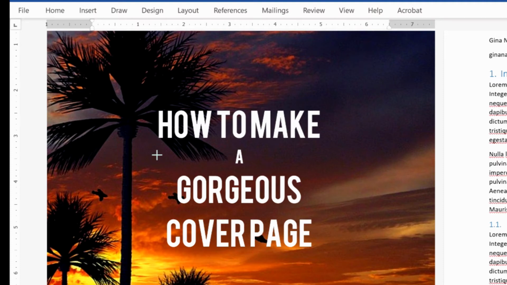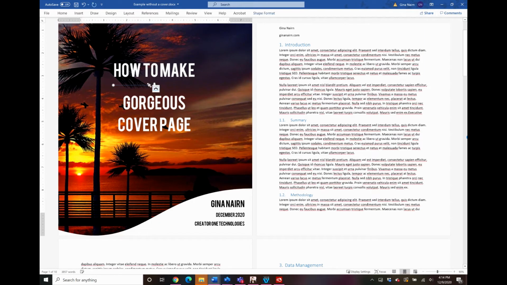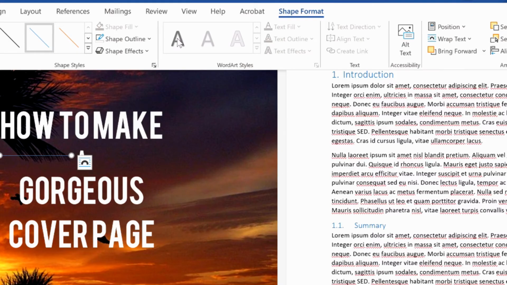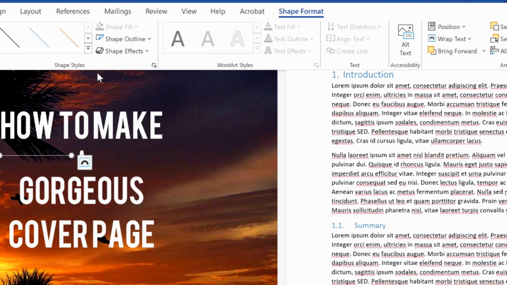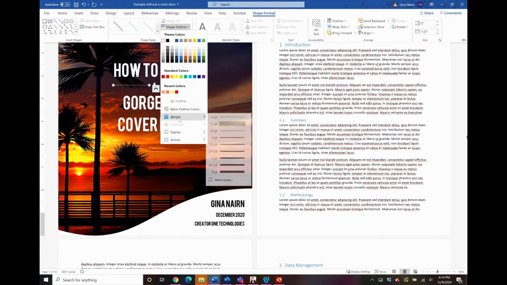If you think about just some little graphic details, like a little line, and I'm going to draw, I'm holding the Shift key to keep this line super straight, and I will let go. And then I'm going to go to Shape Format, and I am going to make this outline white to go with my letters, and I am going to make it a bit heavier.